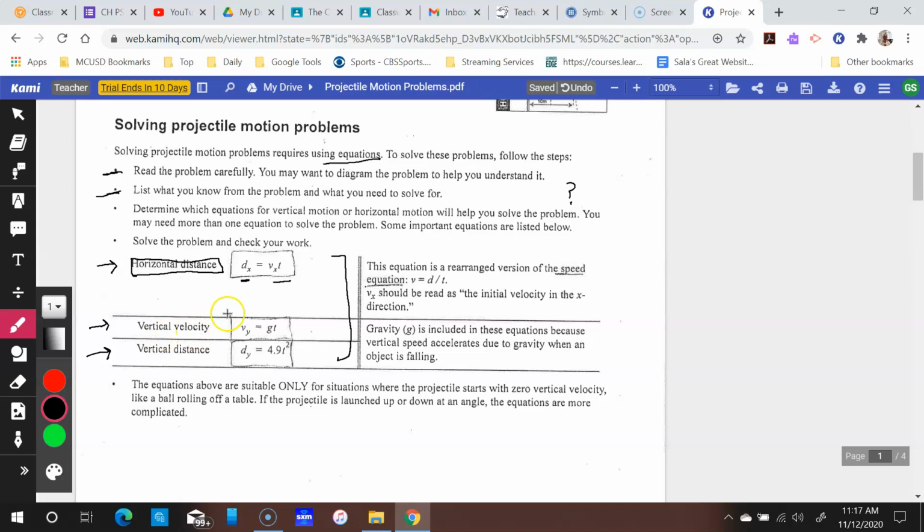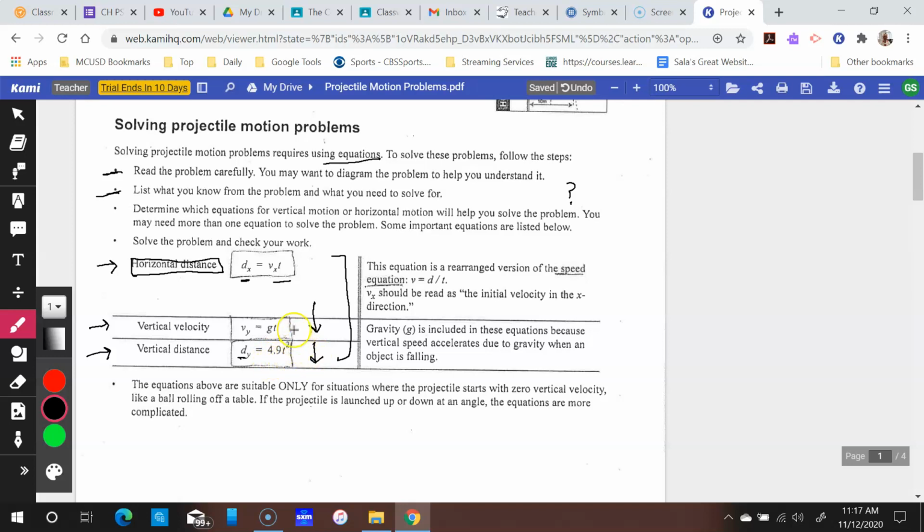So vertical velocity would be the velocity in the y direction, and that would be gravity, the acceleration due to gravity, times time. And then say if you're trying to find the vertical distance, or sometimes they use the word height. That would be the distance in the y direction again, and that would be 4.9